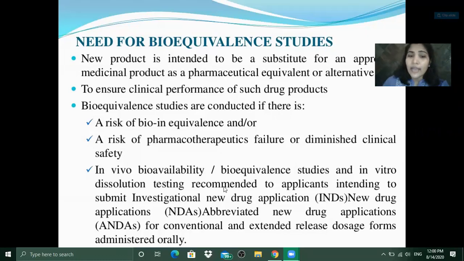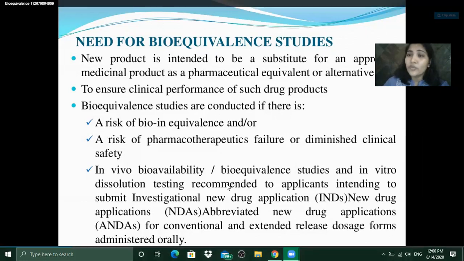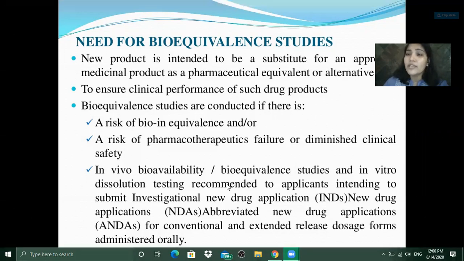So in that case, it is necessary for you to conduct the bioequivalence studies on the subjects. Okay, applicants, subjects in the sense the people who will be coming to your facilities and you will be conducting the bioequivalence test. So even if you want to find out the bioavailability of the drug that you have produced and which might be available in the market, you'll have to conduct the bioequivalence studies. You might not have to conduct the in vivo trials. Okay, so that is one point.